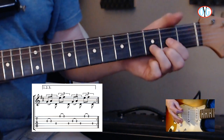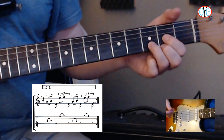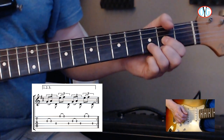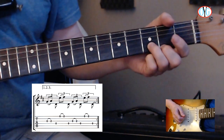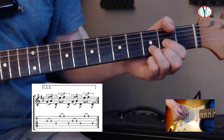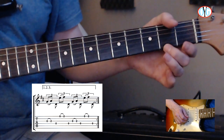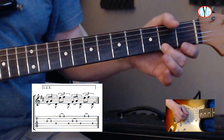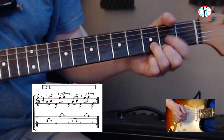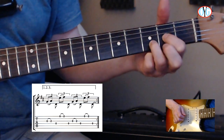The second half of the first part of the intro is pretty straightforward. It's strict triplets too. So you're going to hit a hammer-on the 1 and then hit the open D on the... On the high E string, I'll remove all the other fingers. You're going to do the same thing. 2 and hitting the open D on the... 1 and 2 and 3 and 4 and